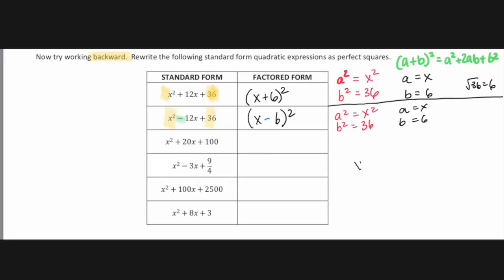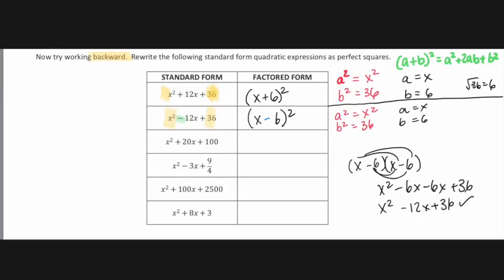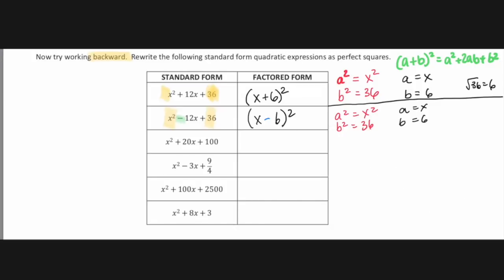And remember the pattern that we saw last time? Whatever our factor was, times 2, that's what our b was going to be. So if I multiply negative 6 times 2, I'm going to get a negative 12. So that's actually going to work, but I'm going to go ahead and use FOIL and multiply it all out just to see if it works, and it does. So now that I know that,